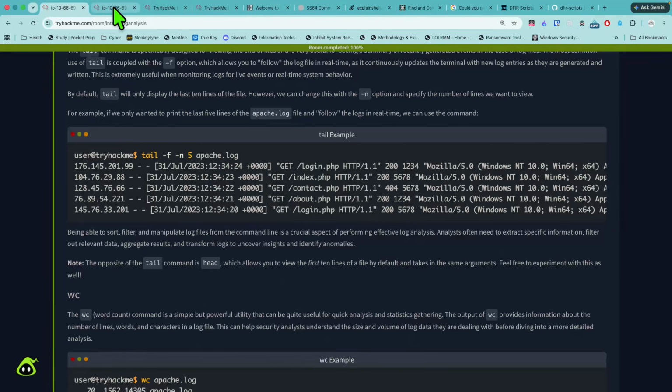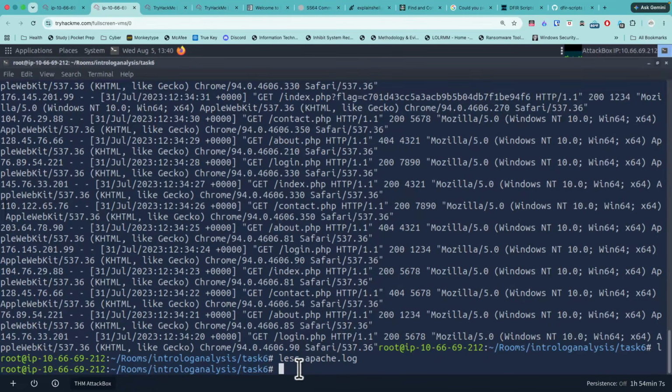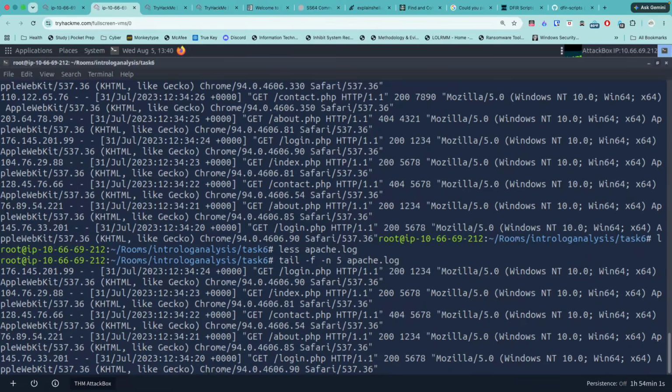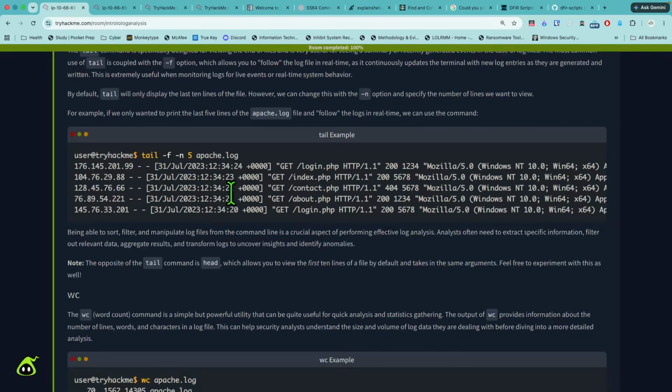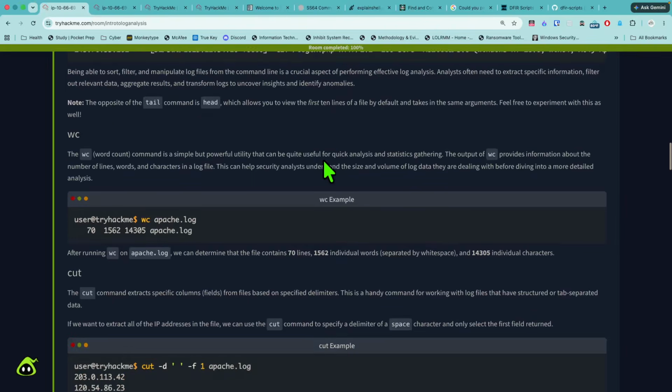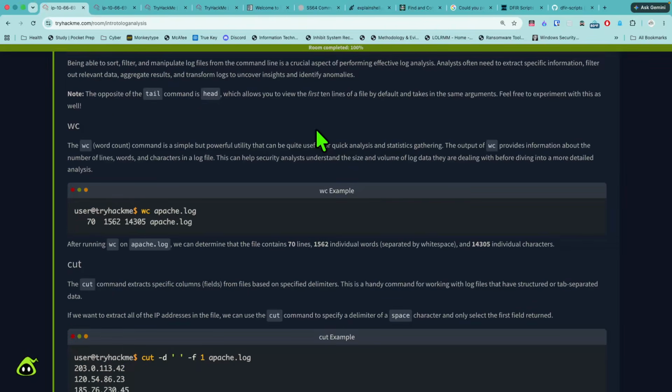So we're going to do that. We're going to do tail -f -n 5 apache.log. And now we got 5 entries instead of 10. Very, very nice. -f in real time. Sweet. All right, being able to sort, filter, and manipulate log files from the command line is a crucial aspect